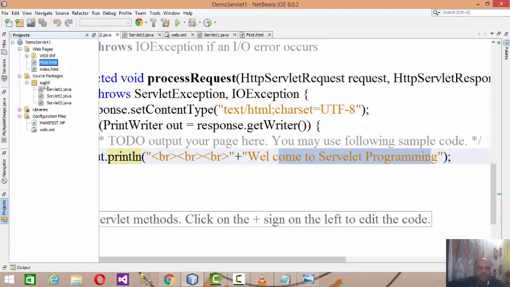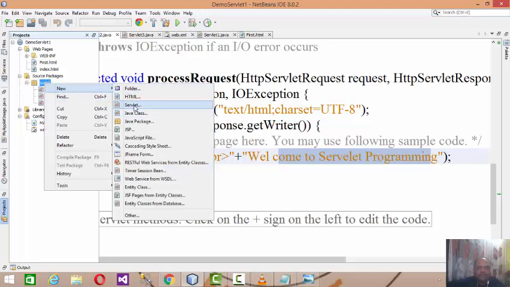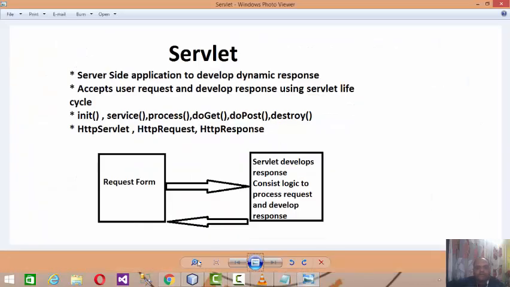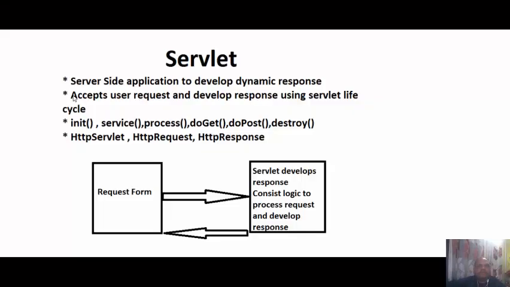You add the servlet in the source package. Now servlet, as I already discussed, is a server side application to develop dynamic responses. It accepts the user's request and develops responses for the user. Servlet is a collection of predefined methods, and it has its own life cycle: init, service, process, doGet, doPost, destroy.